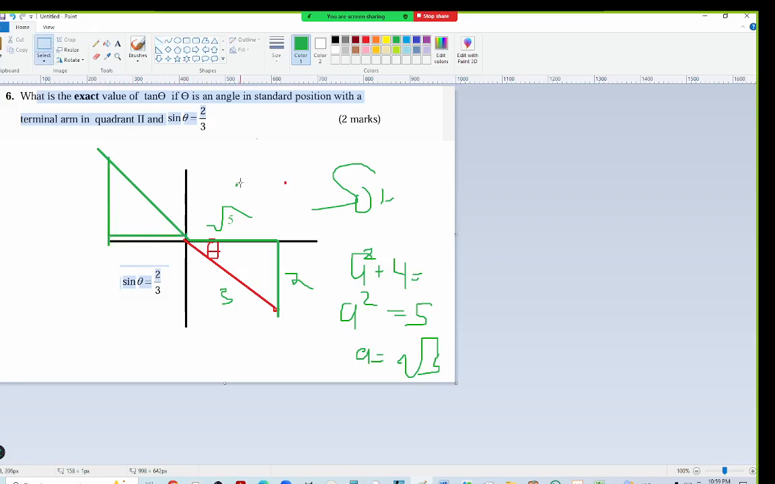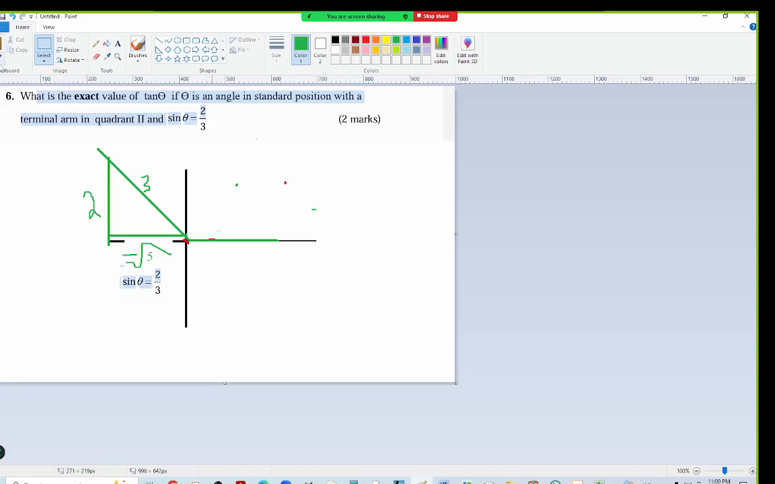That means the length of x is negative square root of 5 because we're in this quadrant, right? Because we went this way. 2 here and 3 here. So 2 is still positive, and that's why the sign is positive here. But now I have to figure out